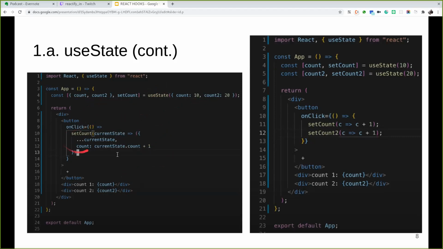Then, if we only increase the count, it will wash away whatever state variable is there besides the count. So we have to use the current state to preserve the states of the other state variables, and this way we can preserve the other states and change a particular state variable.